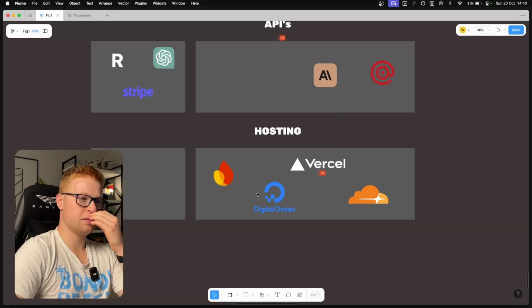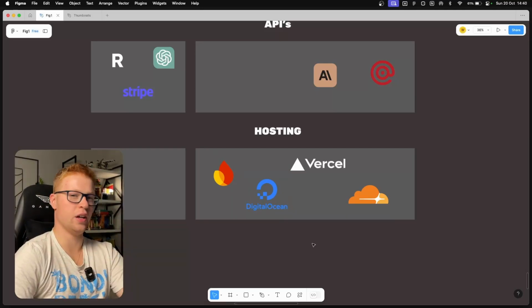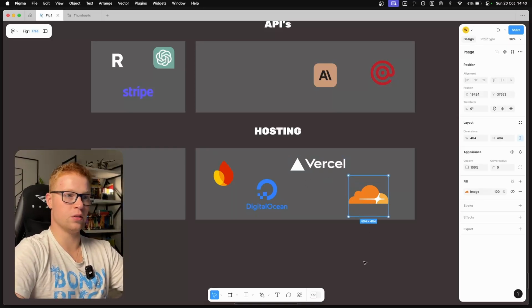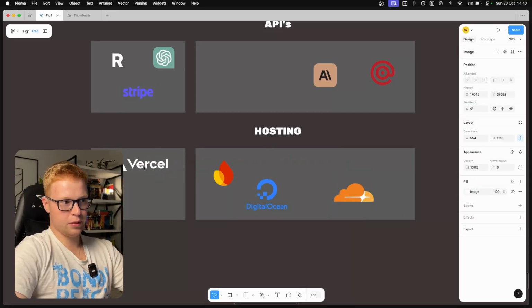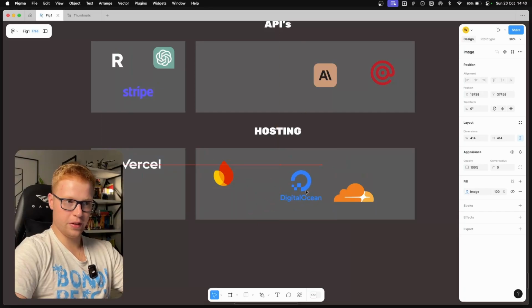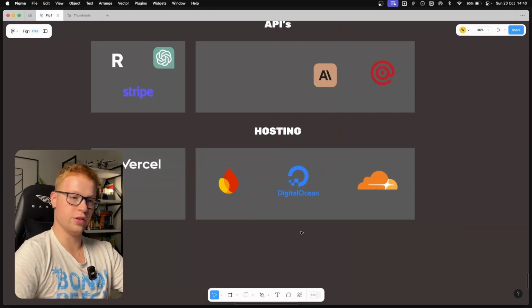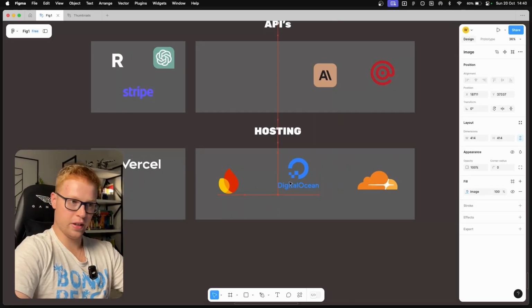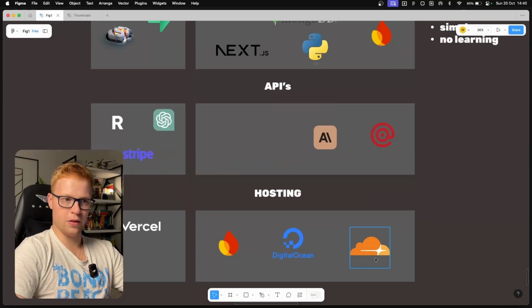But the thing is, why would I even want to set up a VPS if my product has only a few users and I can fit into the free plan of a cloud provider like Vercel or Cloudflare? So I'm choosing Vercel for now because a VPS doesn't make sense if I don't have a huge user base. This will be a consideration in the future, and you might be thinking, why don't you choose Cloudflare? Well,